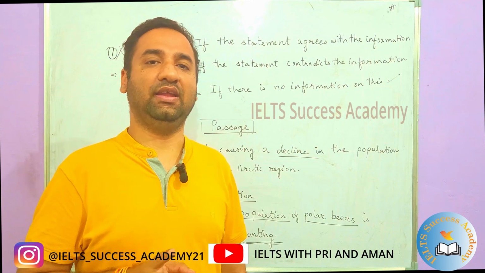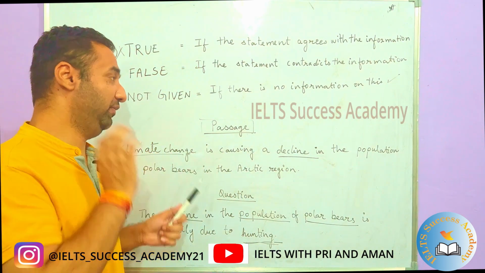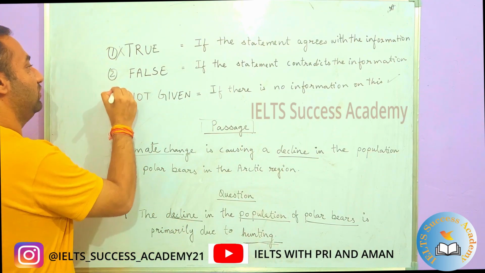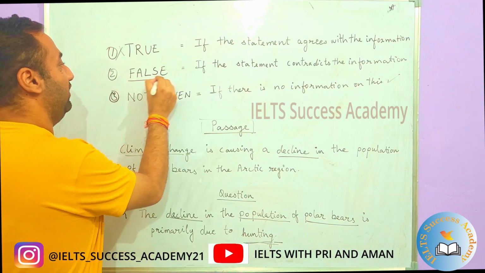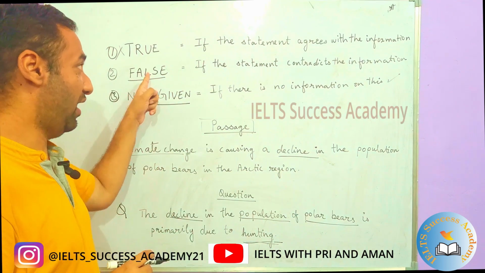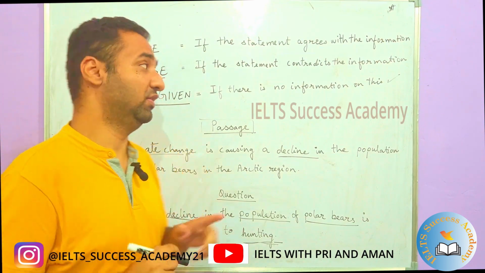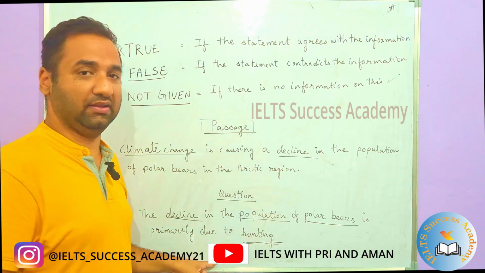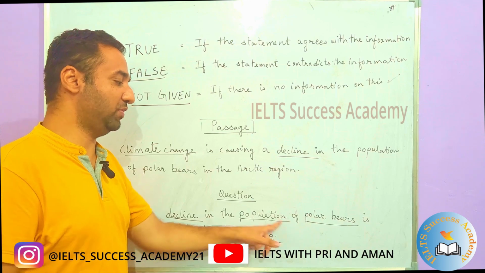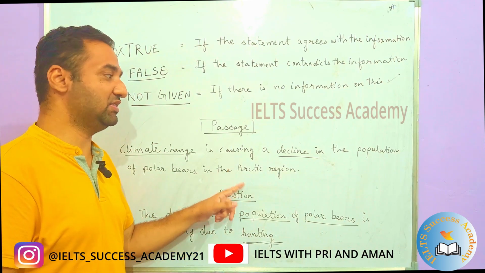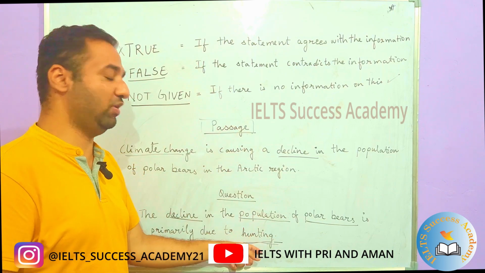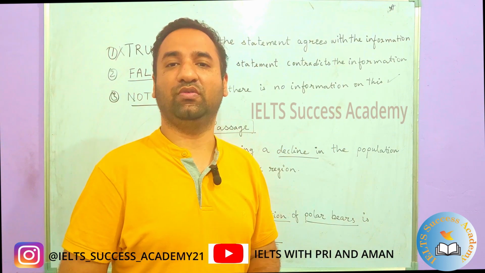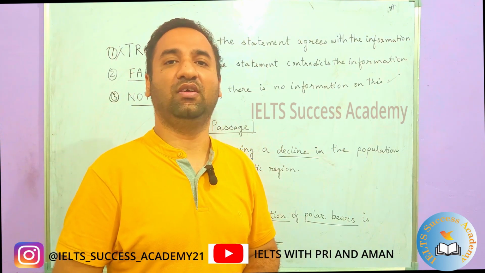Okay, and thirdly, in true, false, not given, make sure that these two, false and not given, are the most confusing parts. You could think that they are similar, but they are not similar, right? Like in the example here, because there is no information about hunting in the passage, you can be tempted to write false, but because there is no information about hunting, the answer should be not given. Okay, so I'll see you in the next one,